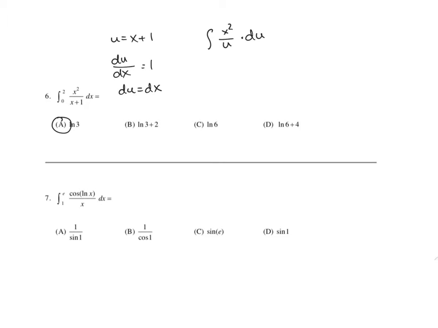So if we rewrite the 0 and the 2, if I plug in 0 to x plus 1, I get 1. And plugging in 2 plus 1 is going to give us 3. So we are stuck here. We have an x squared that I don't want. We're going to have to make another substitution. If u is x plus 1, then x is u minus 1. So if we plug that in,